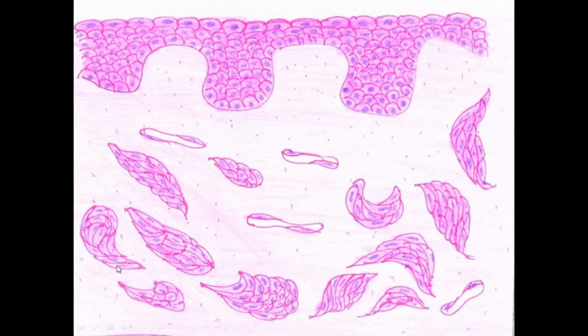So this is the schematic diagram. This is the epithelium. Here there is an irregular, random arrangement of multiple muscles. Although it is said to be inner and outer longitudinal and middle circular and oblique, they are not clearly well defined in the urinary bladder. So that is about the histology of the urinary bladder.